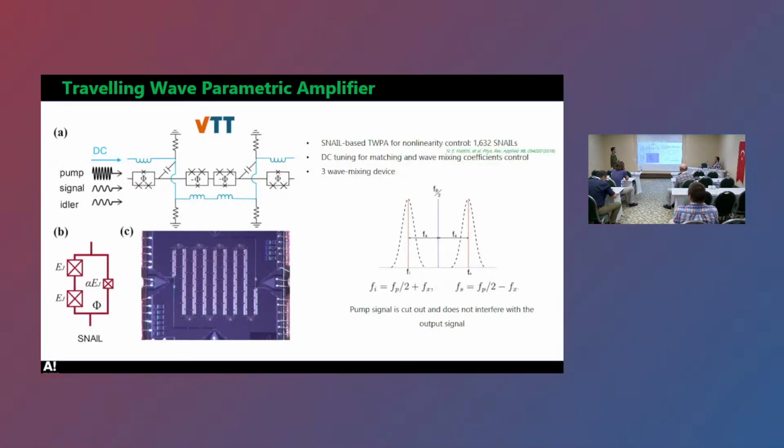So the idea is to use another device called the traveling wave parametric amplifier. It works similarly but in a different manner. The Josephson parametric amplifier is a cavity-based amplifier, but the traveling wave amplifier is a very complicated device. It consists of about 5,000 Josephson junctions, and it contains a certain element called superconducting nonlinear asymmetric inductive elements, SNAILs. And then you have more than 1,600 of these SNAILs in the device,